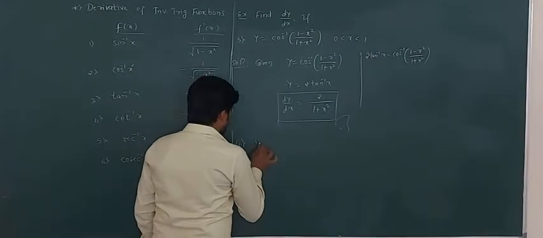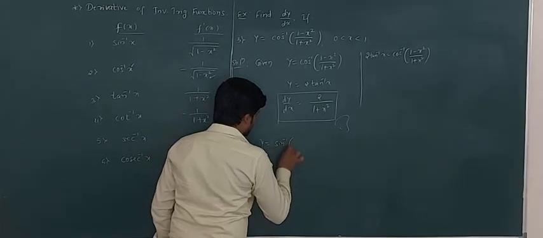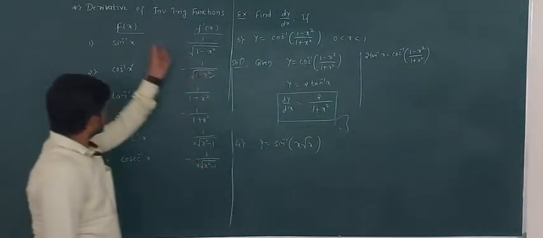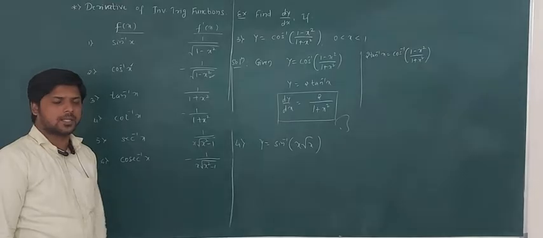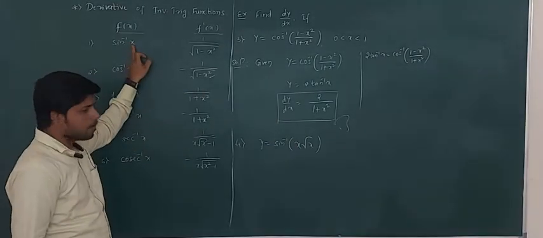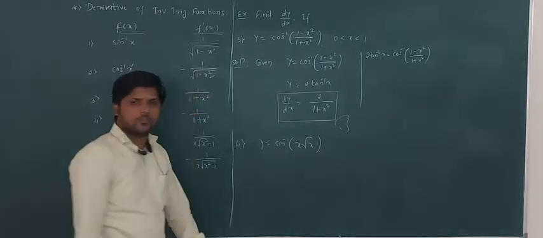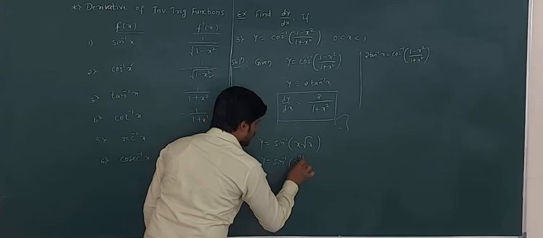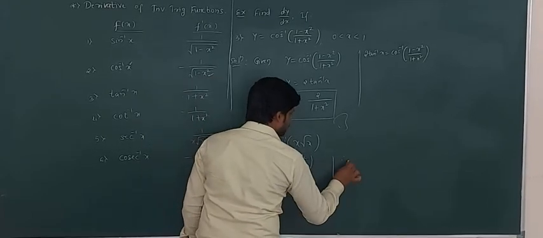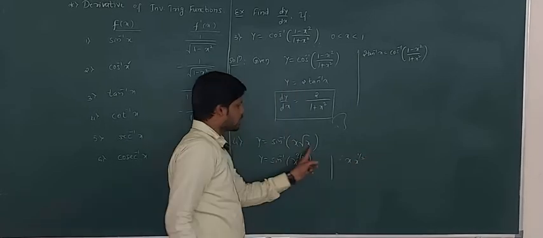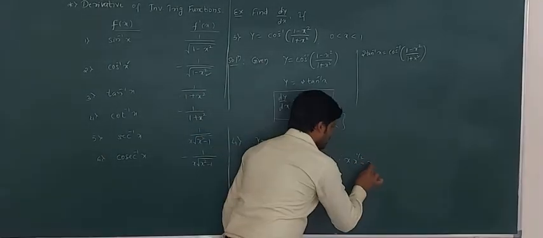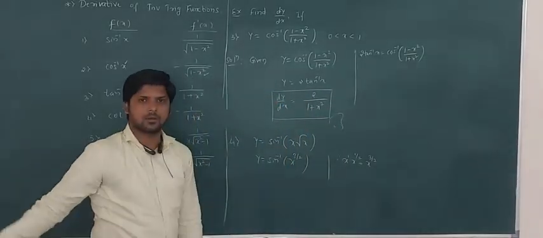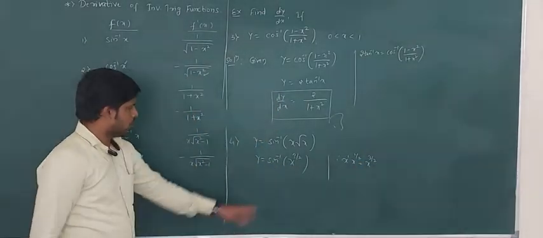Next example. If y equals sin inverse of x into square root of x. As we know that the differentiation of sin inverse x is 1 upon square root of 1 minus x square. So comparing these two, in place of x we have x into square root of x. So this can also be written as y equals sin inverse of x to the power 3 by 2, because we know that root x can also be written as x to the power 1 by 2. So bases are same, powers added. Okay. So here x to the power 1 plus 1 by 2 is 3 by 2. So x to the power 3 by 2.